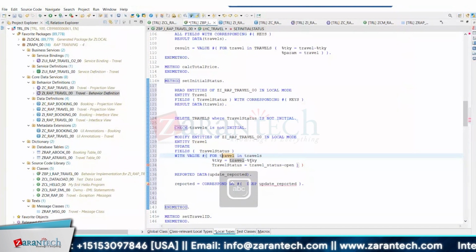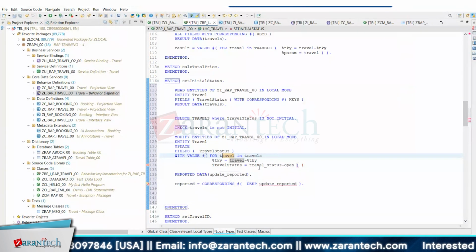For travel in travels, transactional travel status equal to travel open, transactional travel status equal to travel status open. Reported that data into, we have created some custom structure. Then finally the standard structure reported equal to corresponding values of